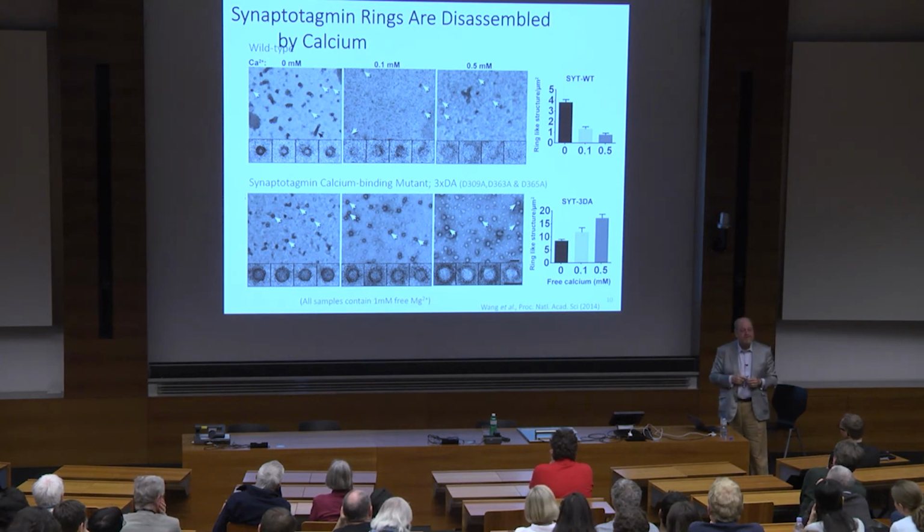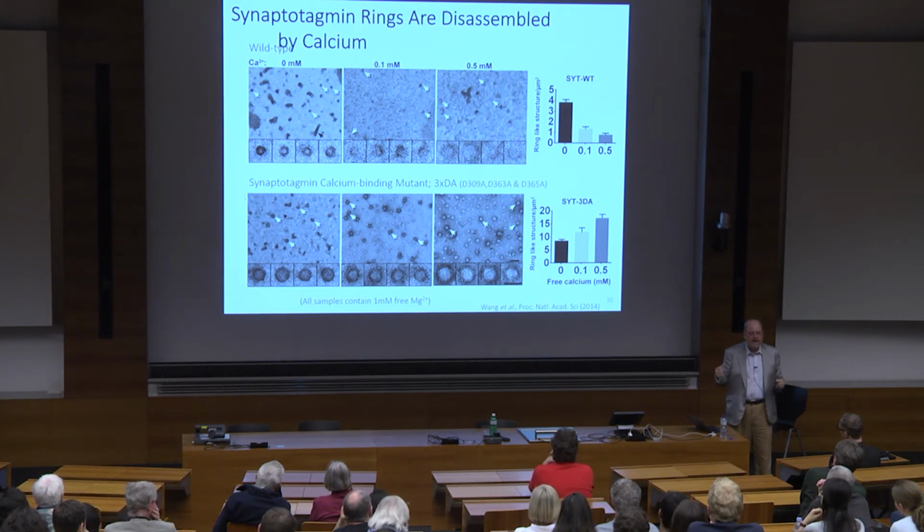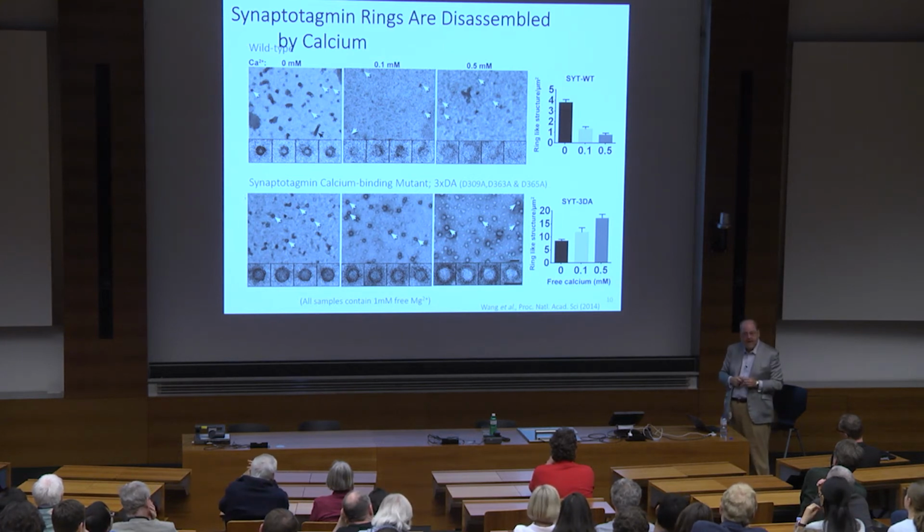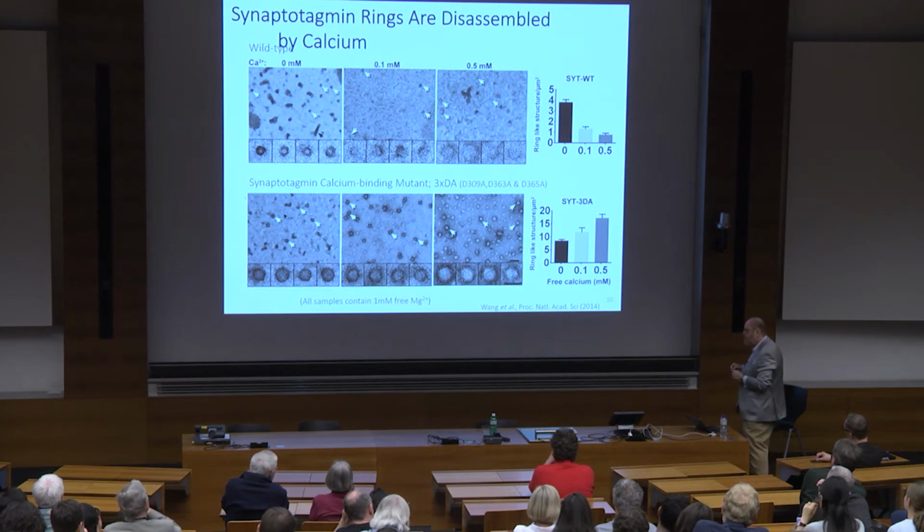Probably we stabilize more rings because the A domain, which is radially located outside, also is capable of inserting with calcium, and it still has a calcium binding site in this construct, and probably that further anchors the rings and stabilizes them. So to summarize then, the rings form under precisely the conditions that synaptic transmission requires: PIP2, as synaptic